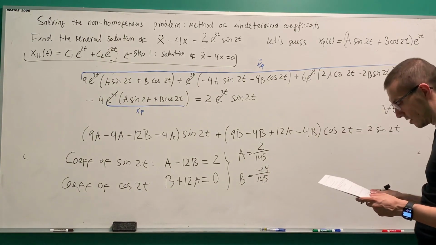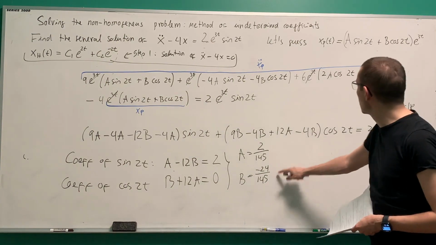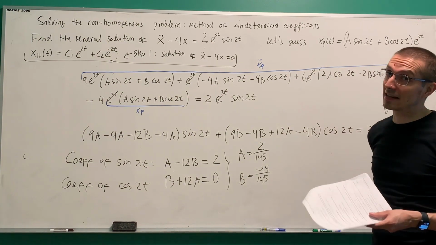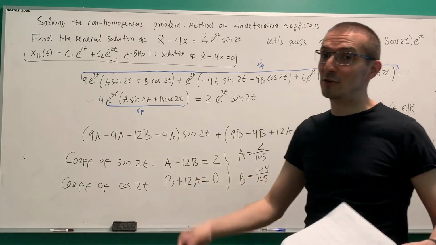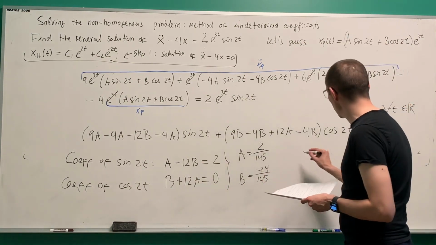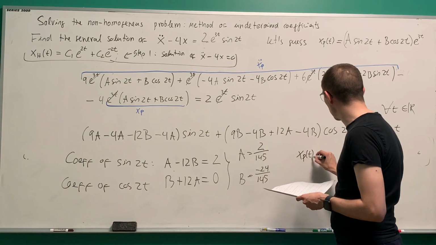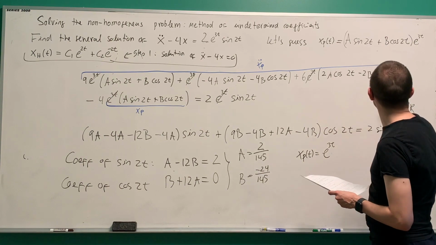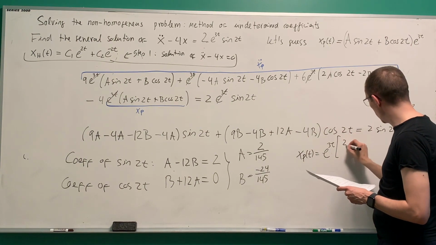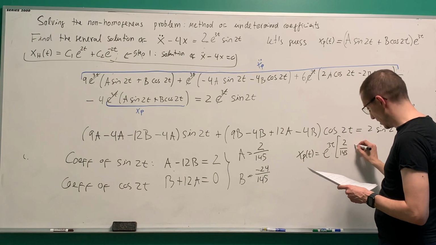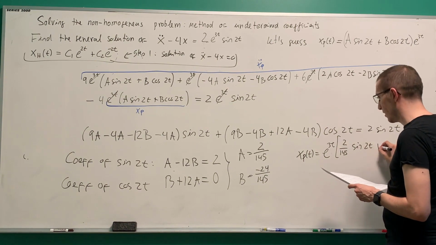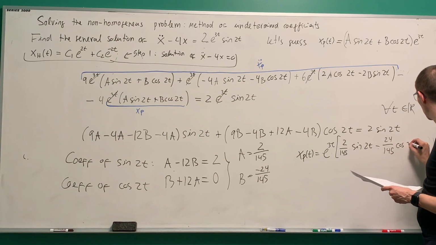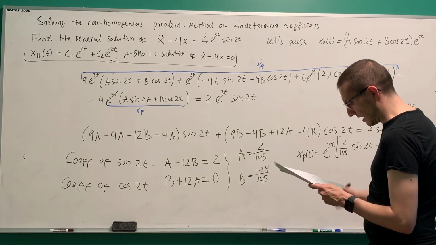All right, so we get the particular solution. Look at that. In this case, there's going to be a cosine factor. So yeah, you cannot actually say that you're going to have only sine. Okay, so that's why I always recommend that you make the full guess always, right? Anyway, let's write it. The particular solution of this case is equal to e to the 3t from this one, and then 2 over 145 sine of 2t minus 24 divided by 145 cosine of 2t,